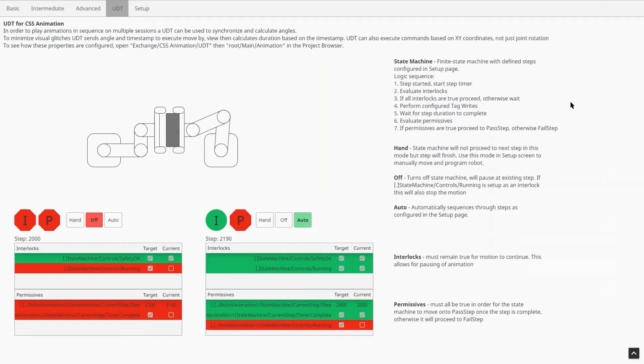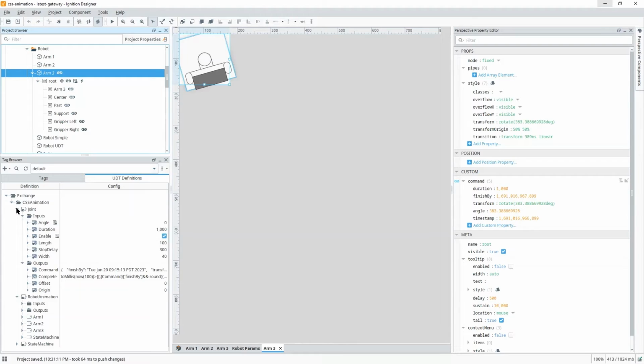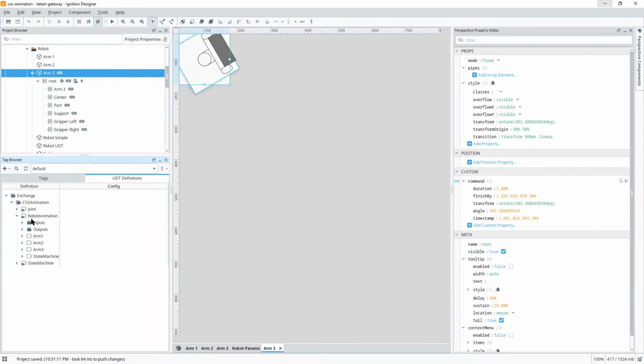Moving on. So we went over the joint UDT, the state machine, and I think I mentioned the robot animation UDT, which has 3 joints and 1 state machine.